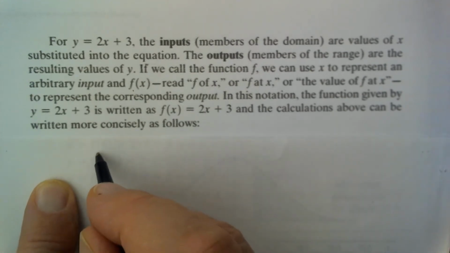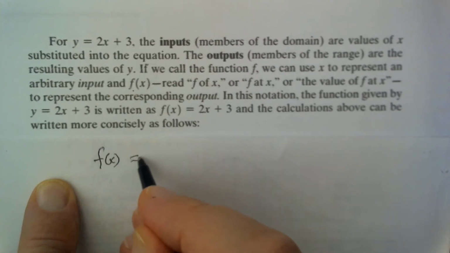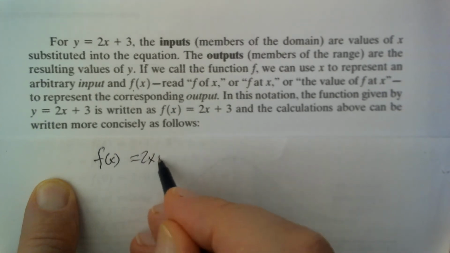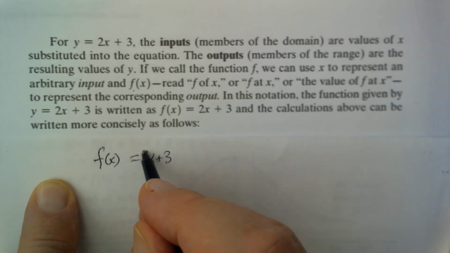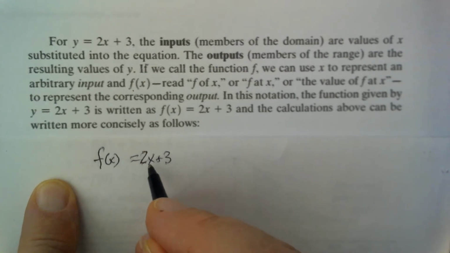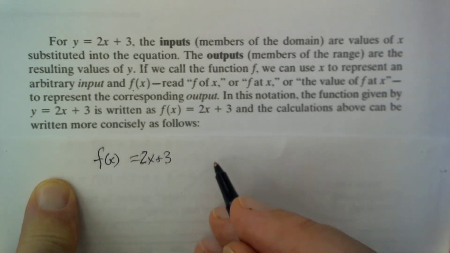So let me go over that here. So we have f of x equals 2x plus 3. What that really means is that what that number is depends on x. When you say a function of something, it simply means it depends on. For example, if you want to know what the function is when x equals some number, let's say 2,